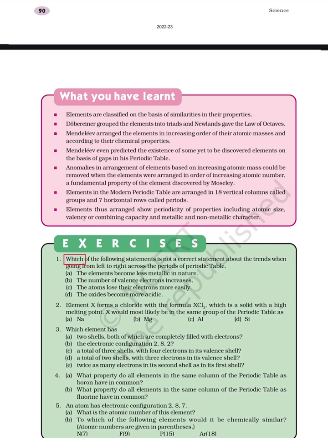Exercises. 1. Which of the following statements is not a correct statement about the trends when going from left to right across the periods of the periodic table? A. The elements become less metallic in nature. B. The number of valence electrons increases. C. The atoms lose their electrons more easily. D. The oxides become more acidic. 2. Element X forms a chloride with the formula XCl2, which is a solid with a high melting point. X would most likely be in the same group of the periodic table as